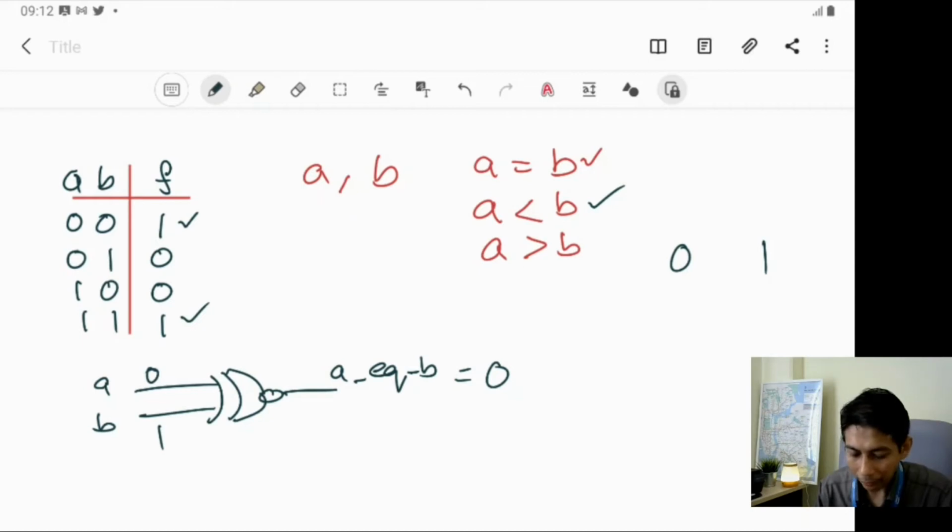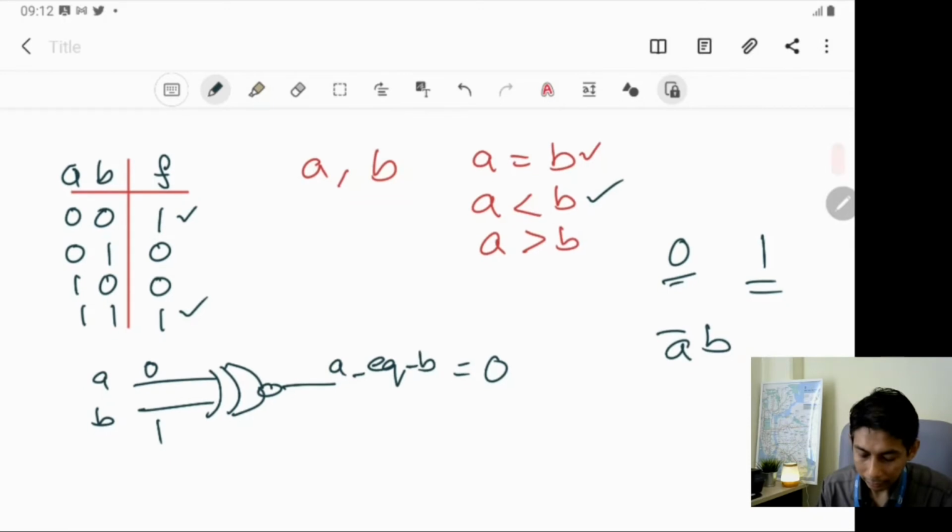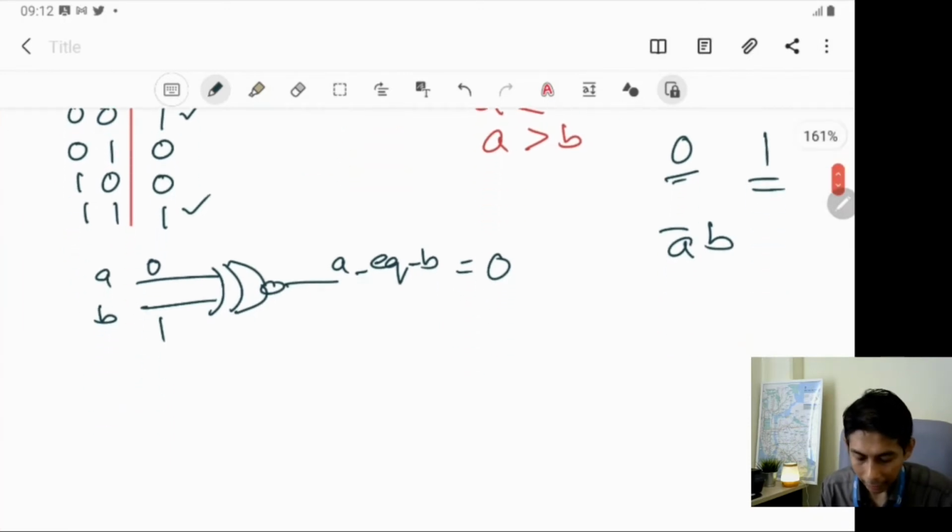So definitely when we say A less than B, it means that A must be equal to 0 and B must be equal to 1. So to check for A equal to 0 and B equal to 1 is actually A bar B. So the circuit for A bar and B is